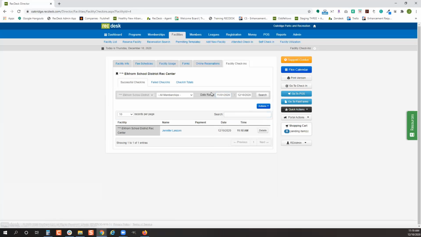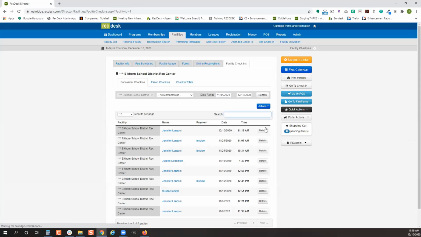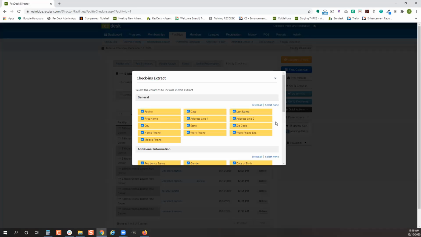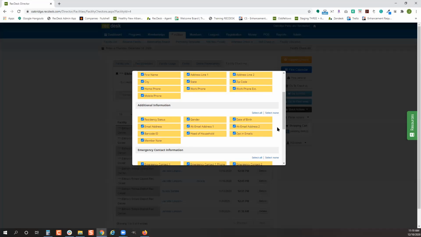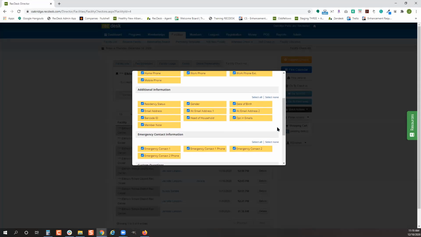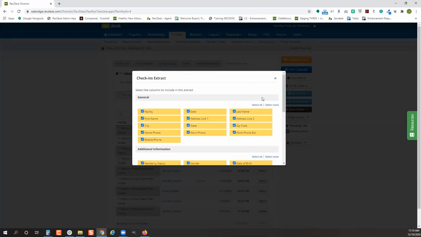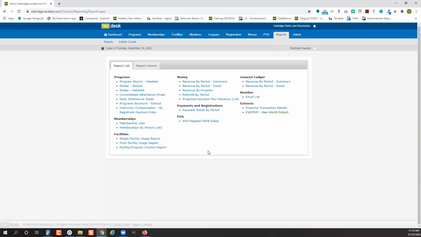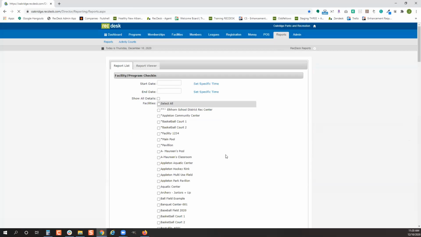And from here, you can choose your date period that you're looking for, who checked into the building. And you can download the details right here. Now, as you can see, you can select what fields you want to come out to Excel. This is one version. There's also the ability on your reports tab, if you just need to see who was there, under the reports tab, you can go to under facilities, facility program check-in report,